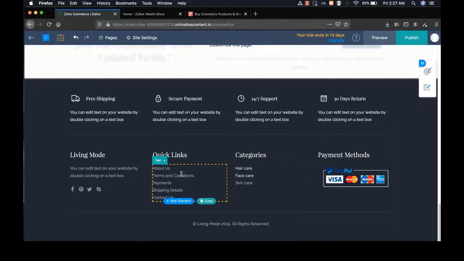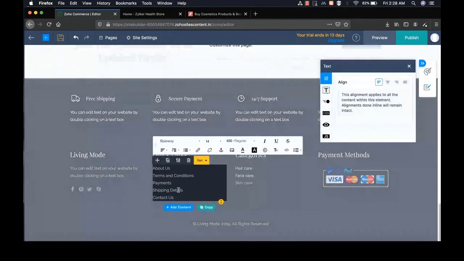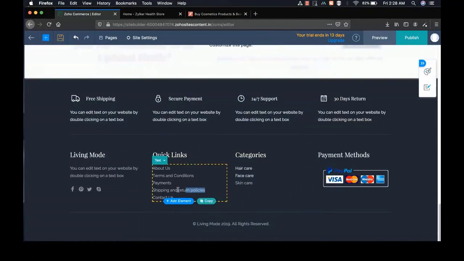Another important thing about your footer is the various information that you give people. As a customer, when I go into a website, before placing an order, the return policies and shipment policies are extremely important for me. So I definitely look for that information before I place the order. So I am going to add that information on my website now. All right. So again, what you can do is,